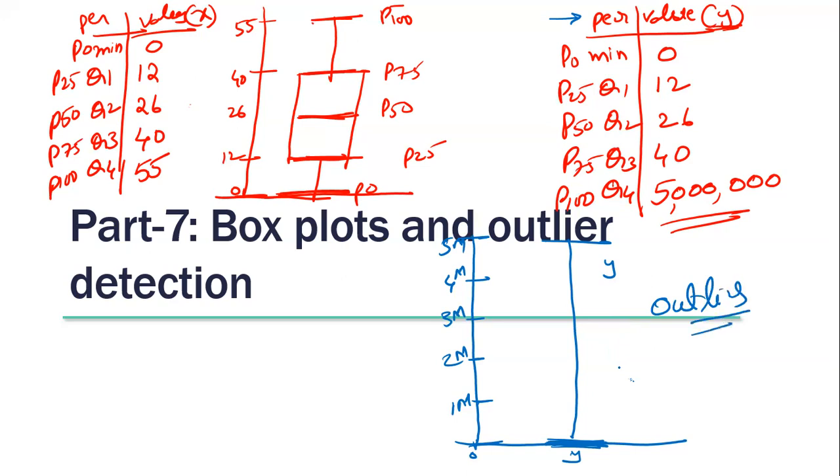When there are outliers present in the data, the box of that variable will be compressed either this side or this side. If you have high side outliers, the box will be compressed here. If you have low side outliers, the box will be compressed here. Otherwise, the box will be compressed in the middle. Can I say until here, 75% of the data is covered until this limit? Agreed or not? Yes. That means 75% of the data is lying here. Rest of the data is going as high as this one. Definitely there are some outliers.